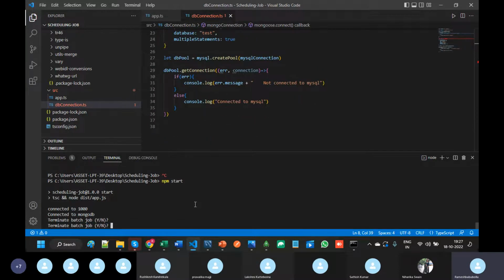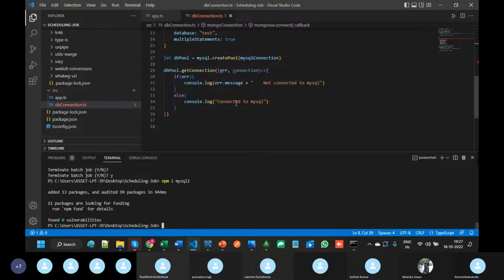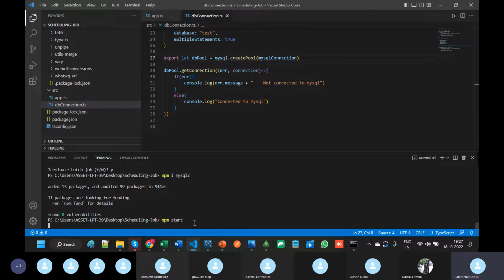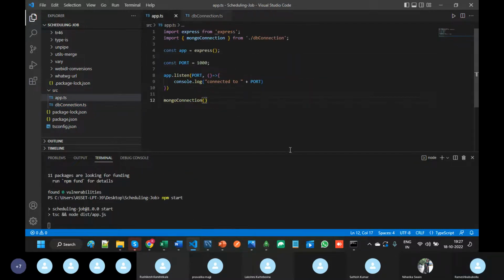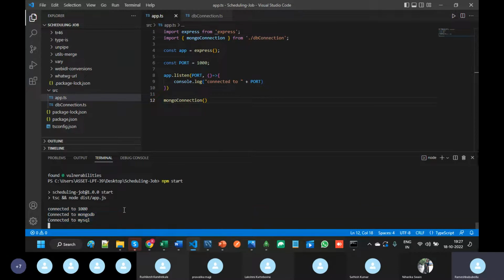And npm I mysql 2 and export this db pool and execute now. See, connected to my MongoDB and connected to MySQL. Okay, so now